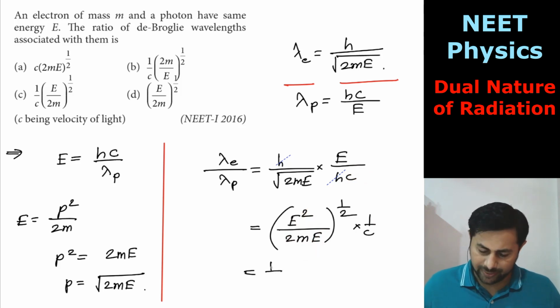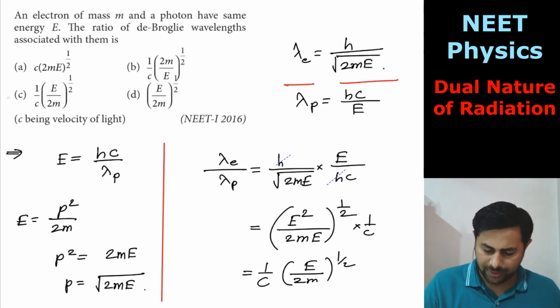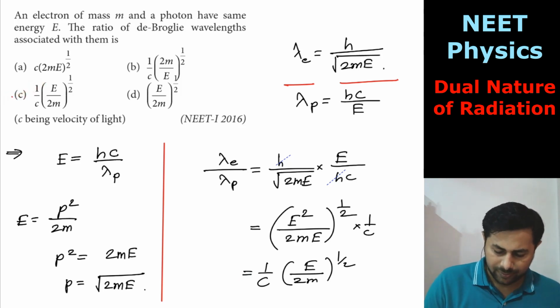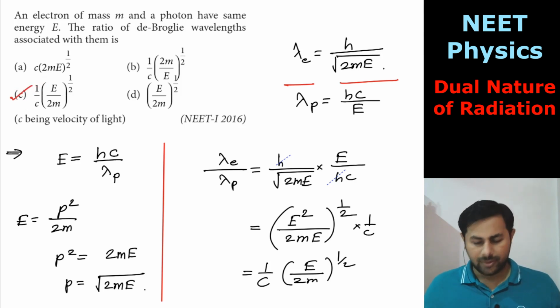It's 1 by C times E by 2m raised to half, okay. So that is option C, right? Okay, this is clear,